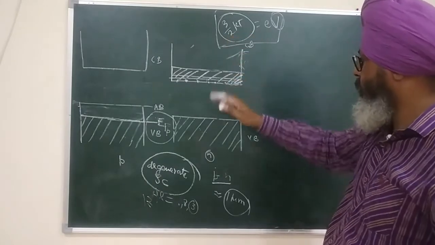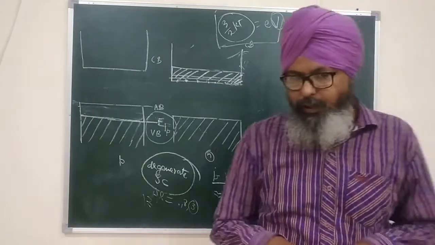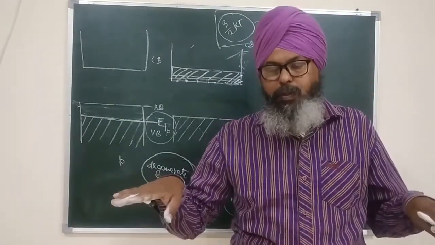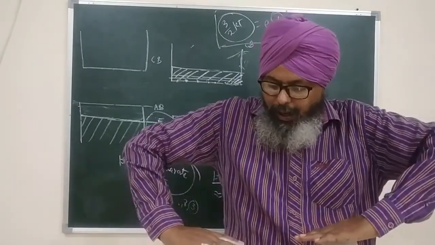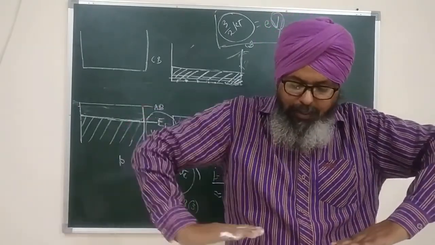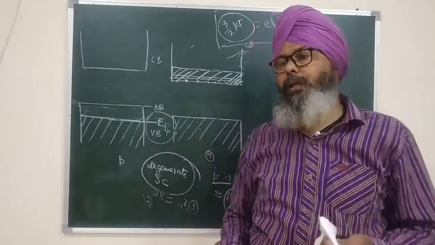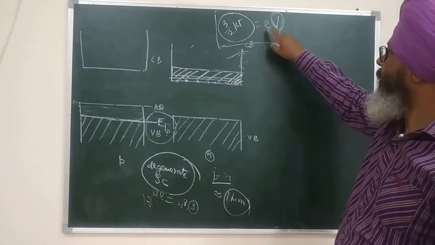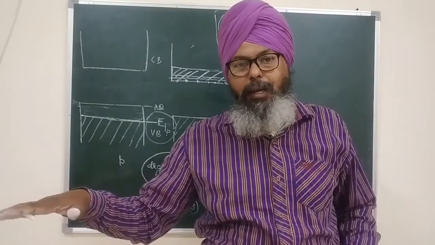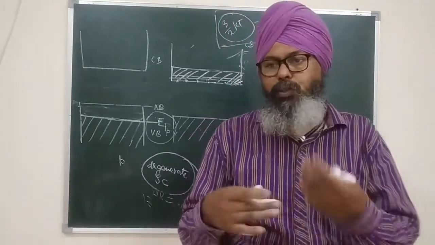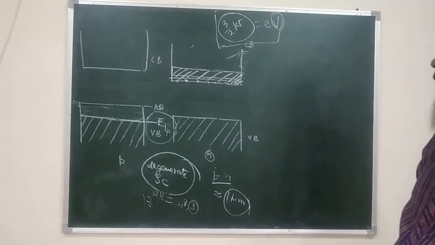And if we talk in terms of Fermi level, then at equilibrium, the Fermi level of both N and P sides will be the same. The Fermi level of N side is decreasing, the Fermi level of P side is increasing, and at equilibrium, the Fermi level of N side and P side will be at the same energy value. Both of these things will happen simultaneously. It means 3/2 kT and EV will become equal when EFN and EFP both become equal. These both conditions will be obtained simultaneously, and this diffusion of the electron will not be taking